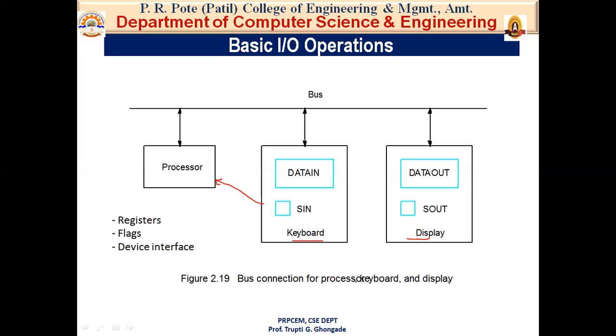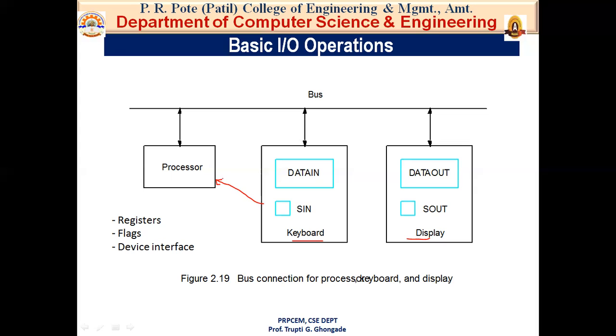So we are talking about the problem of moving a character from the keyboard to the processor. Striking a key stores the corresponding character code in an 8-bit buffer register associated with the keyboard. Now your keyboard again has a buffer register. You are typing your keys very fast, and all those characters are stored in a buffer register one by one. So it is an 8-bit buffer register, and you know what an 8-bit character and an 8-bit number are. So an 8-bit buffer register will hold only 8 bits of data.